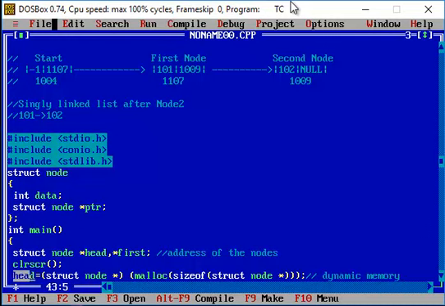So the node has been first created with the pointer variable head. Basically your pointer variable will hold the address. In order to determine the address, we make use of the malloc function, the dynamic memory allocation function.